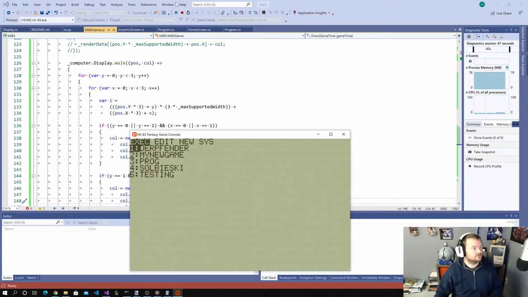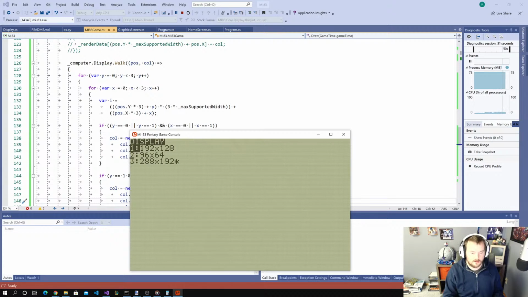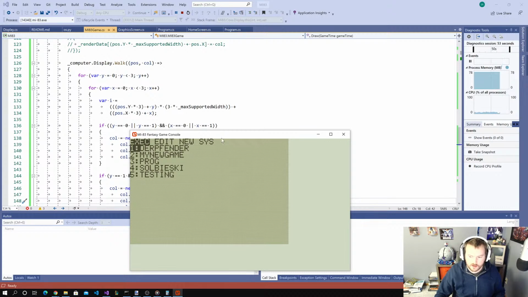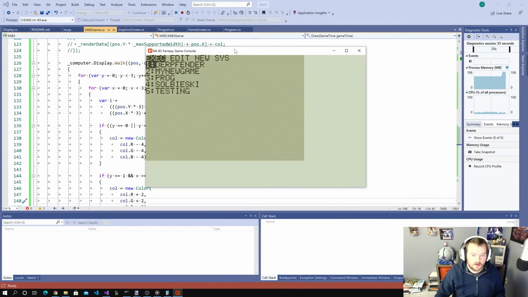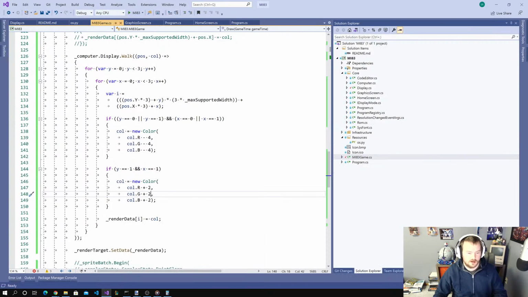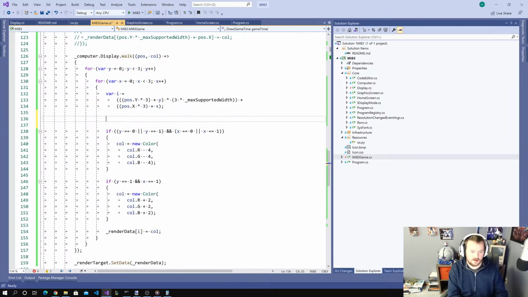I think it looks pretty good. I think I might need to go darker again if it's a dark color. So if I went like this,